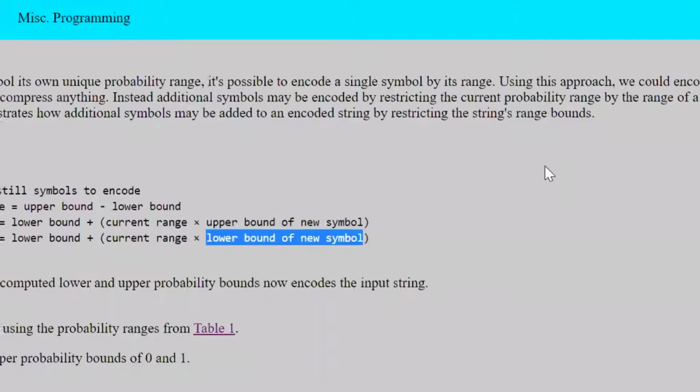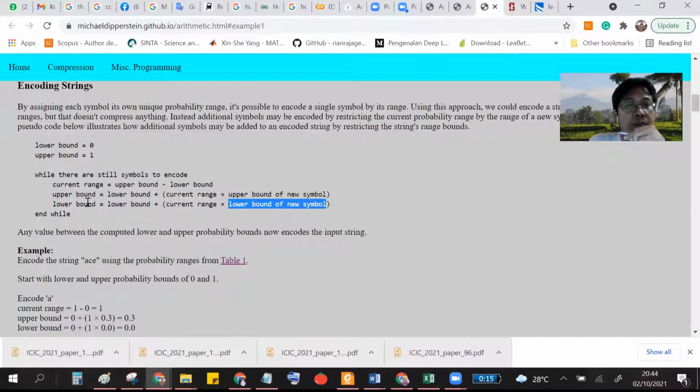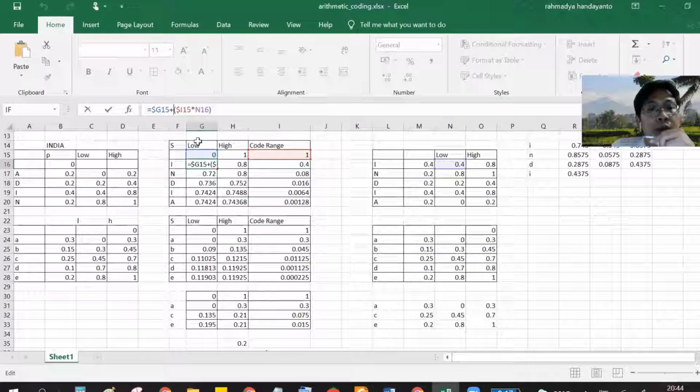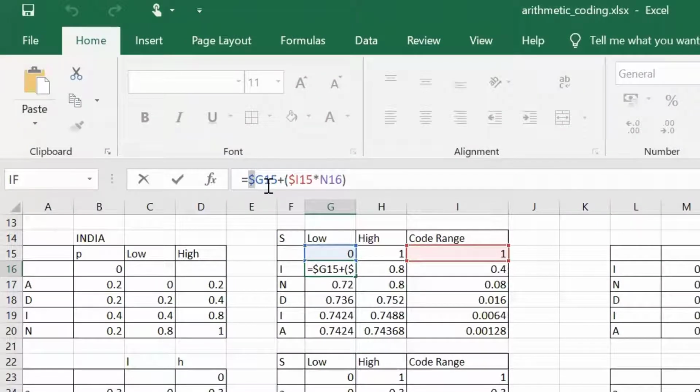Actually, you can use the upper bound first, but I prefer to use the lower bound. Because this formula will be copied to calculate the high, the lower bound should use a dollar sign to stay fixed, because the high still uses the G column.